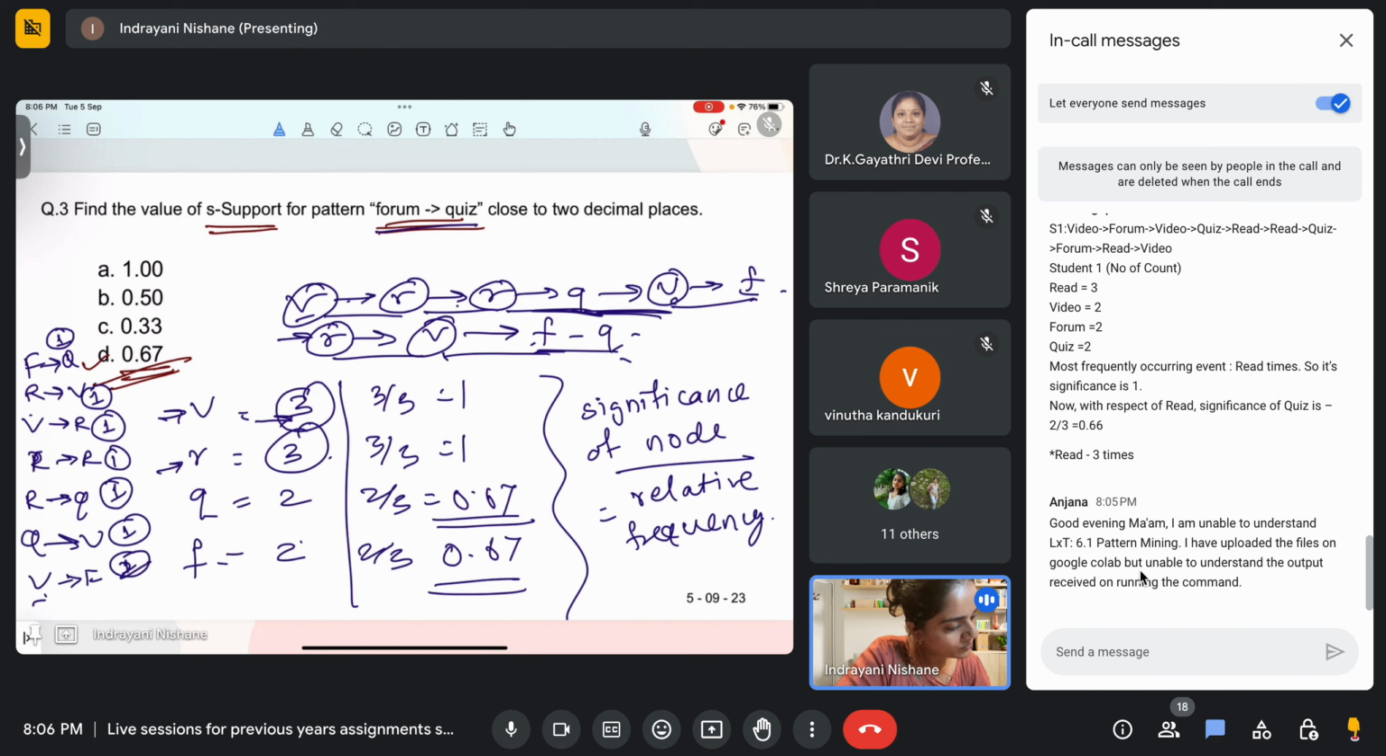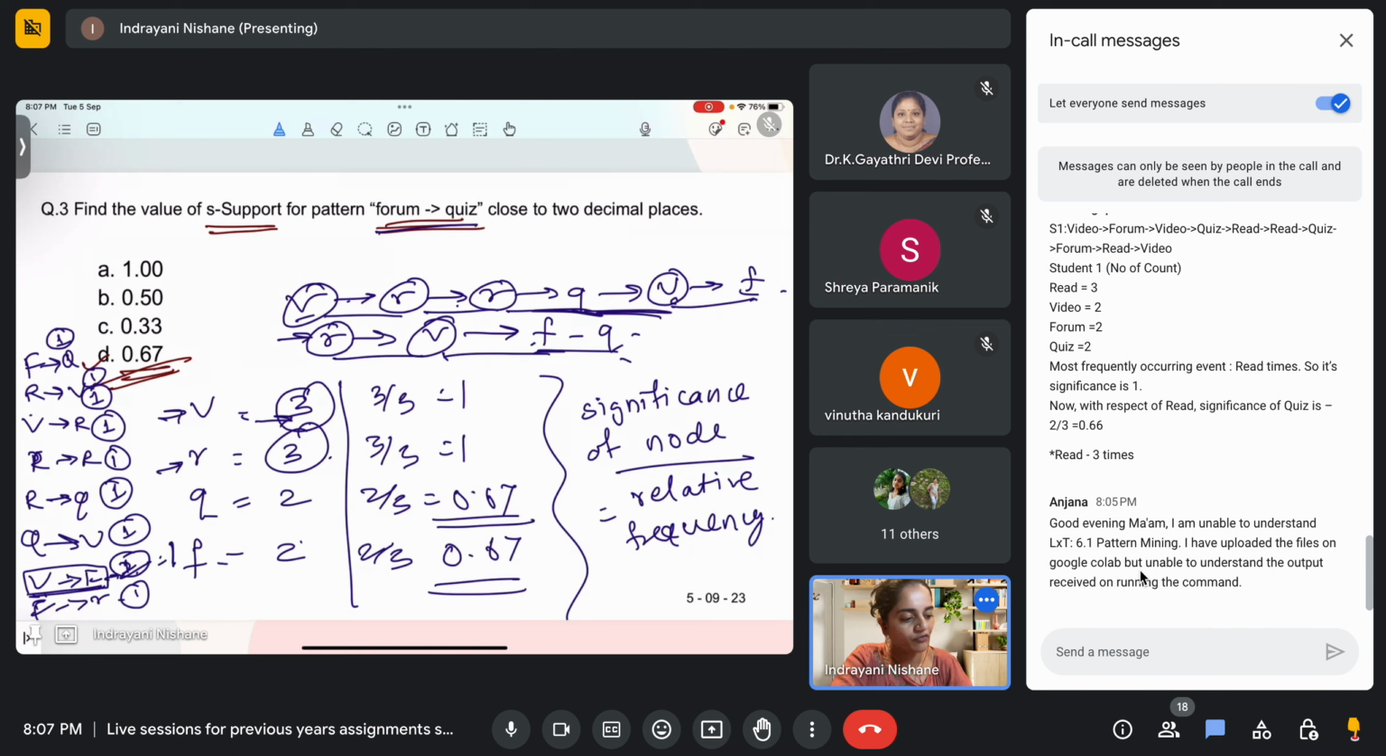Forum to quiz once, then F to R once, then read to video once. It is also happening once. Okay, so the highest number of times which a node or edge has happened is twice, so this will